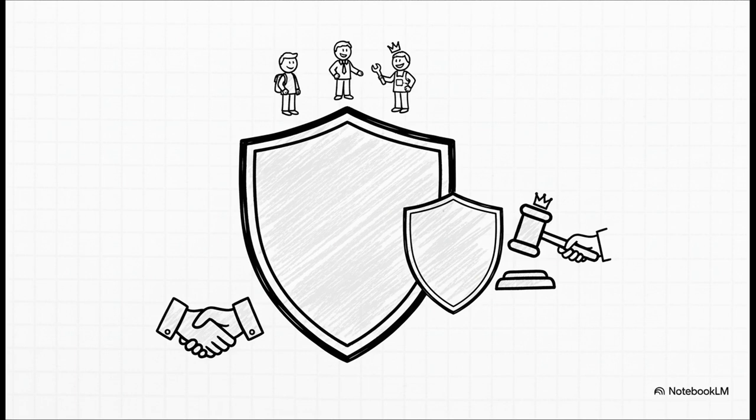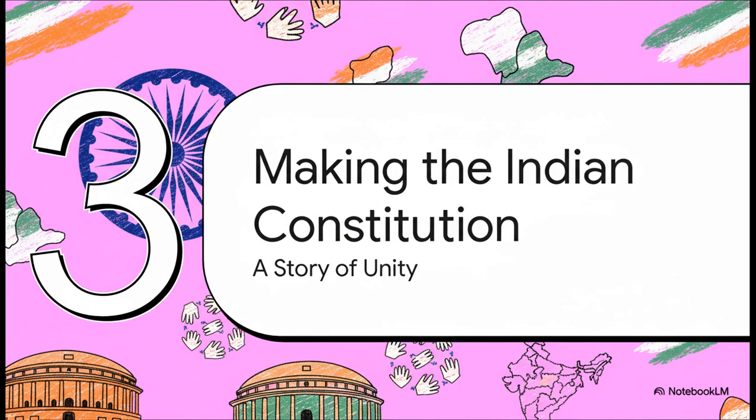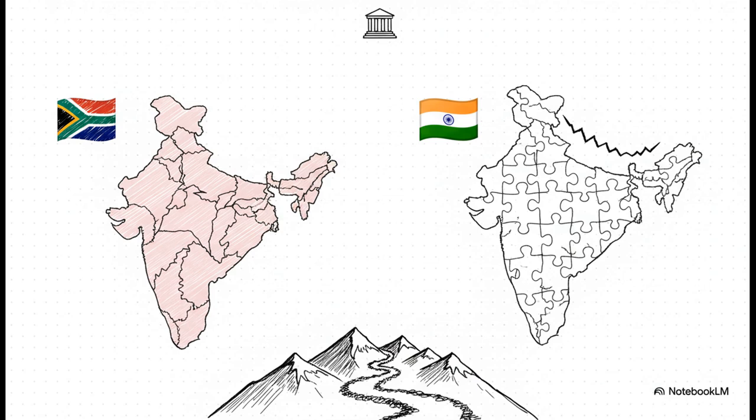Simple and powerful. Okay, now let's come home to our own beloved country, India. Just like South Africa, writing our constitution was a gigantic task. Our freedom journey wasn't easy, and our nation was born at a very, very difficult time, but with so much hope in our hearts. Both nations faced massive challenges. South Africa had to heal from deep racial wounds. India, well, we were born during the heartbreaking violence of partition. They had to build trust between the ruler and the ruled. We had to bring together more than 500 small princely states into one single nation. The paths were tough, but the dream was the same, to create a democracy for everyone.